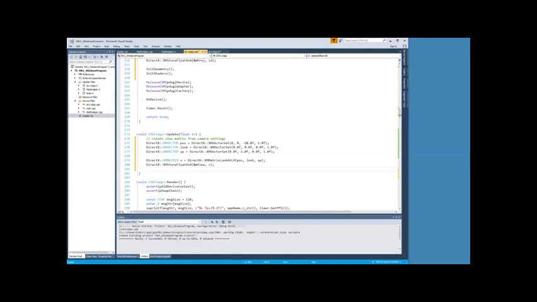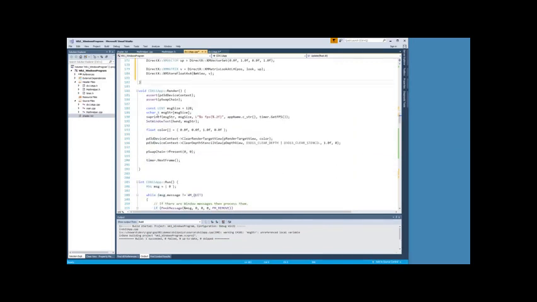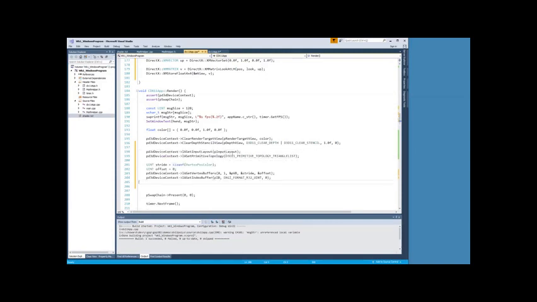So now when we go to render, we've got a background color and we're clearing the render target, the back buffer and the stencil buffer. The next step is to set the input layout, which tells DirectX, okay, the data you're about to receive has position and color in it,